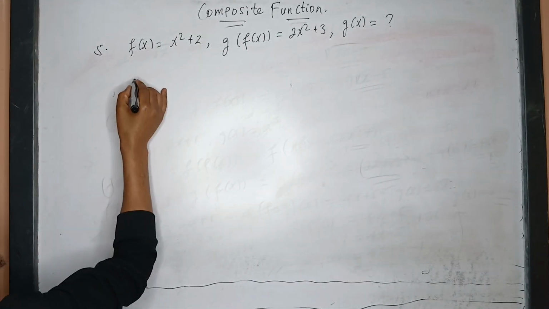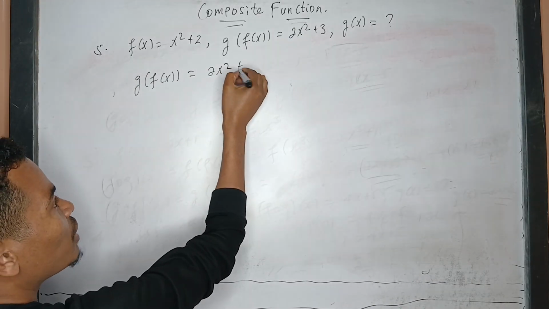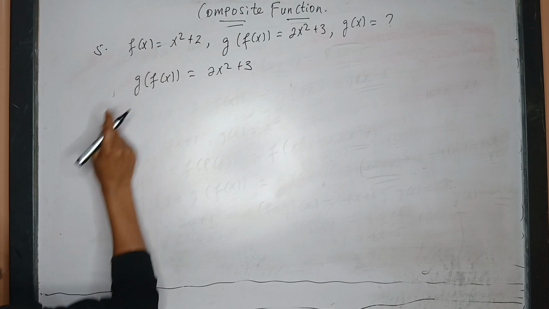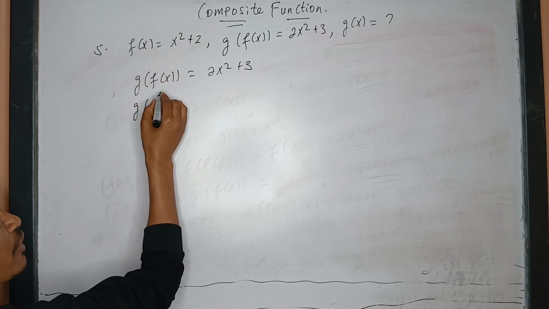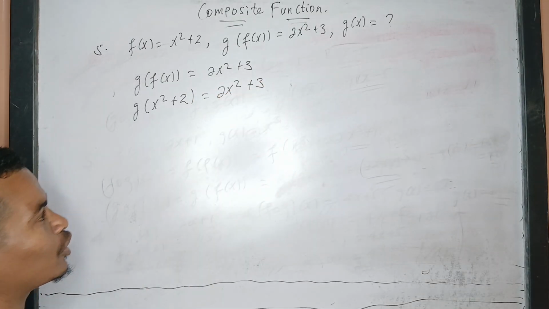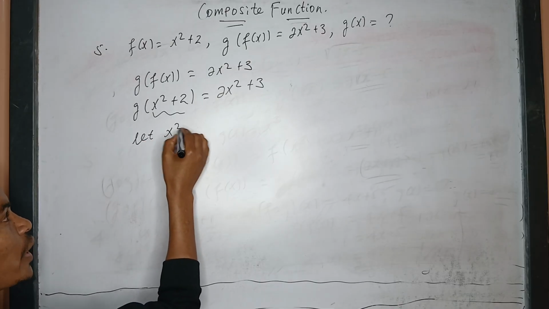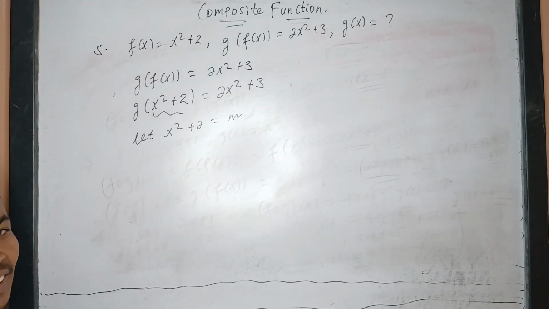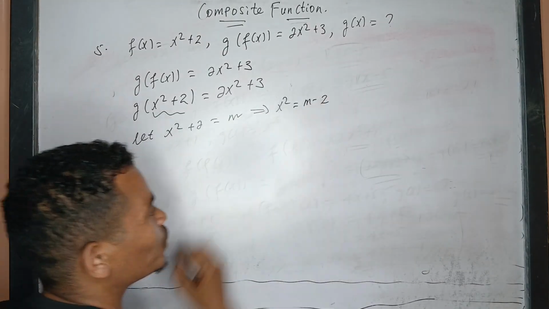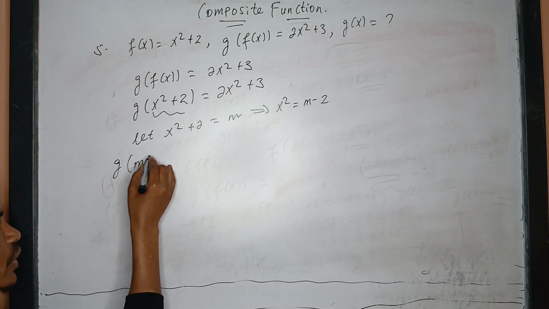From the given that g of f of x is equal to 2x squared plus 3 and the function f of x is x squared plus 2, we insert f of x into g. g of f of x is g of x squared plus 2, which is equal to 2x squared plus 3. Now let x squared plus 2 be equal to m, and from this, x squared is equal to m minus 2. Now g of x squared plus 2 is g of m, which is equal to